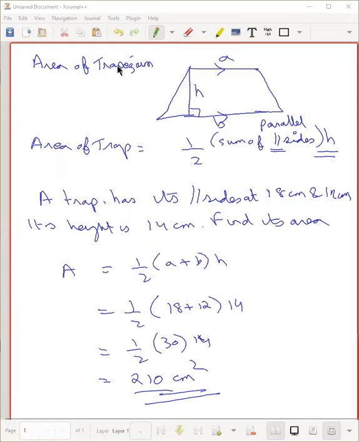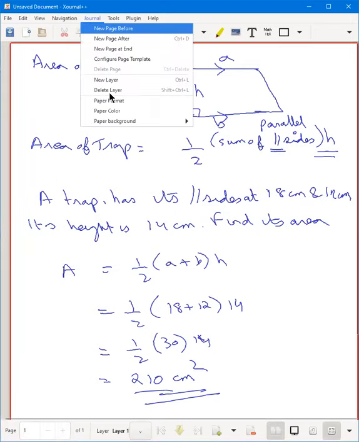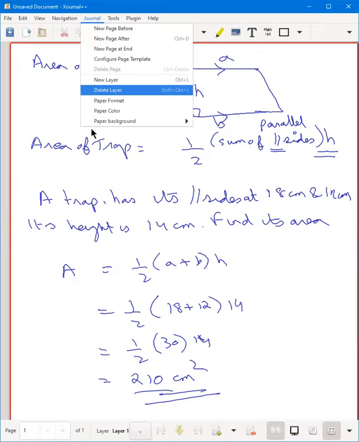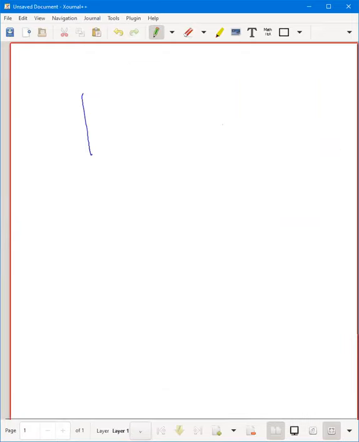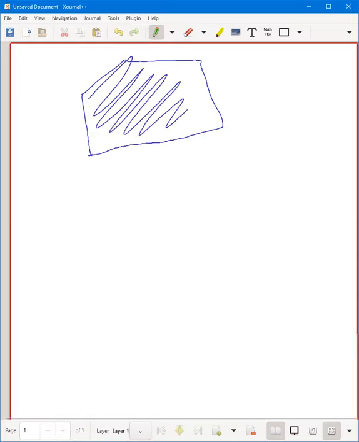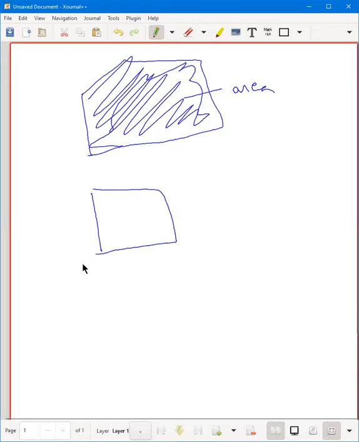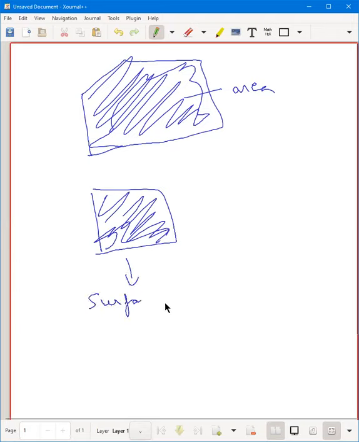So when we say area, what exactly do we mean? It's the area bounded by the circumference or the perimeter. For example, if I have a shape like this, whatever space is enclosed within the perimeter, that is the area, isn't it? So when we talk of the area of a figure like a rectangle or a square, it's this entire area within this. Now coming on from this further, we have something called surface area, and even volume.